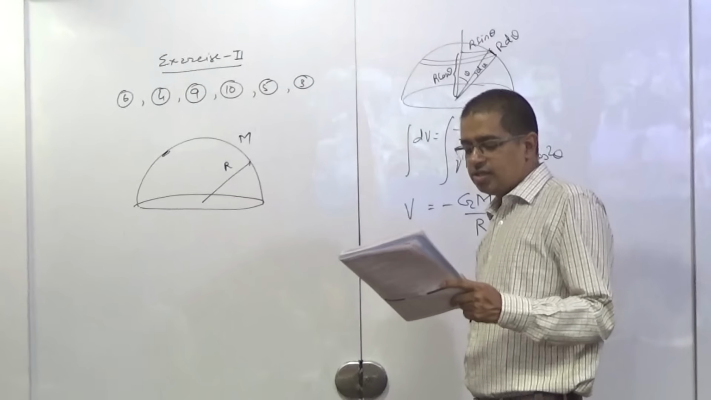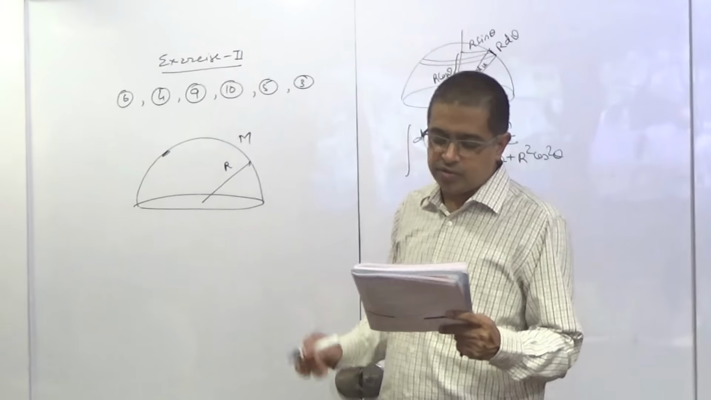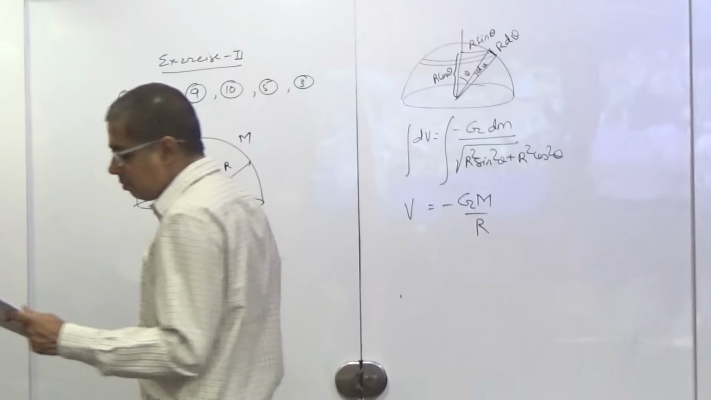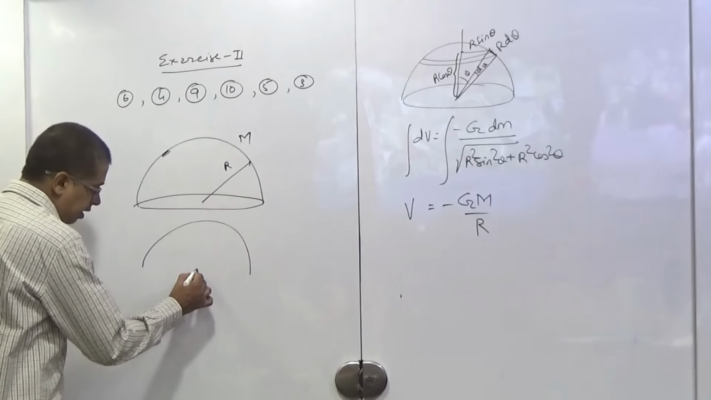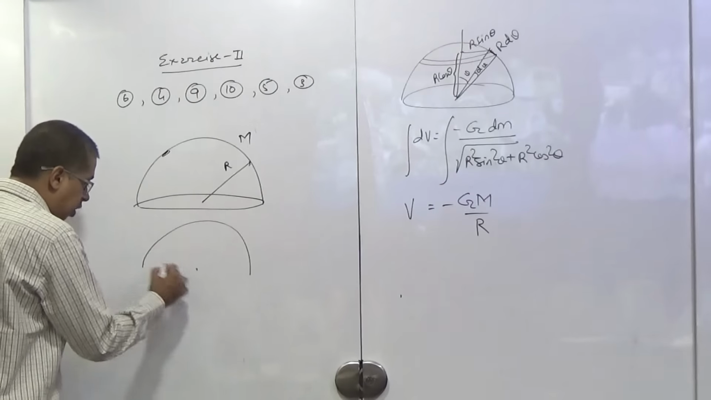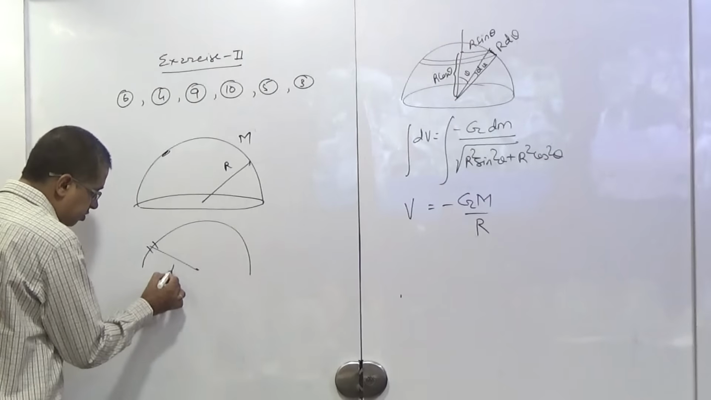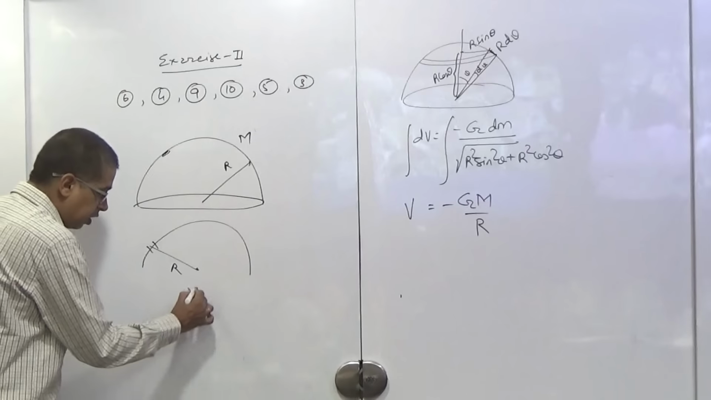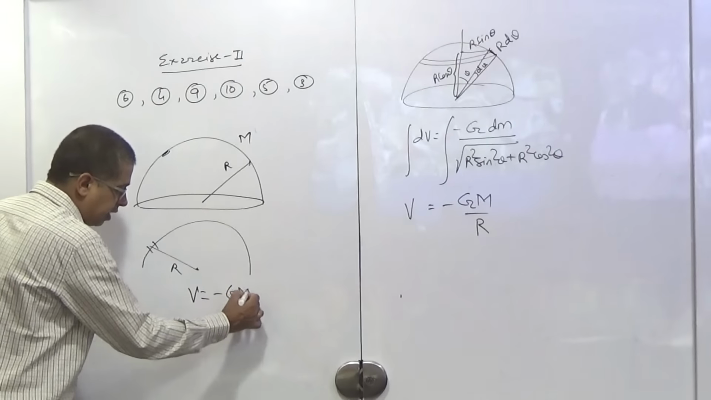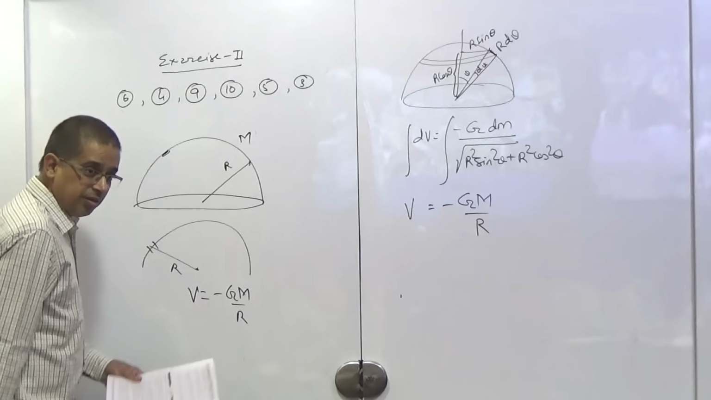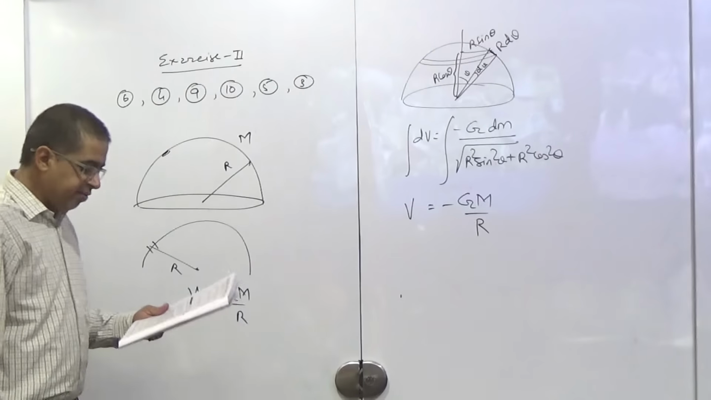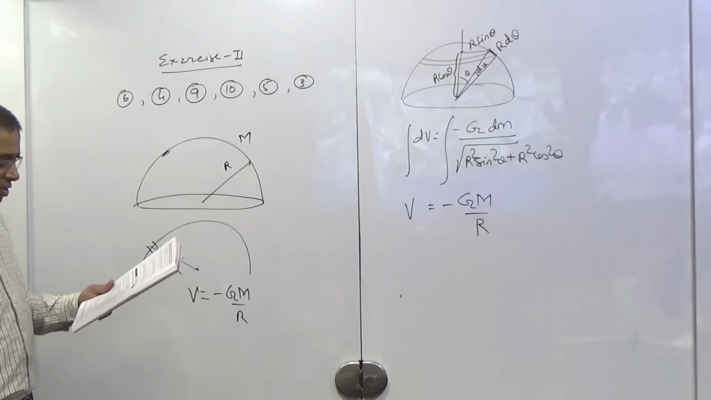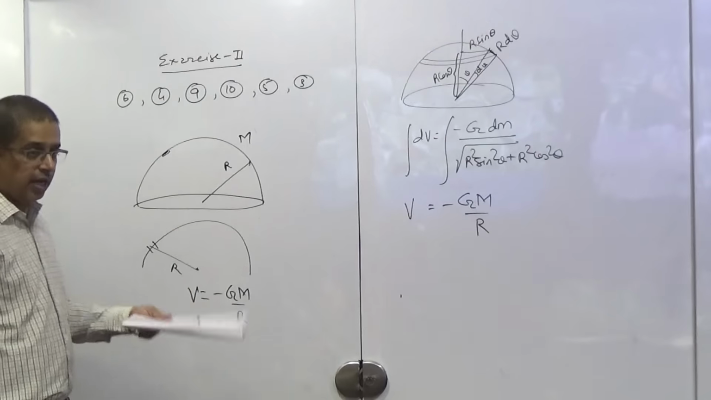Gravitational potential at the center of the curvature of a thin uniform wire of mass m, bent in a semicircle. Now you bent it in the form of a semicircle. Every small element is at the same distance of r from here. Potential will be minus gm by r. Yes or no? In the part A, if the same wire is bent into a quarter of a circle, now